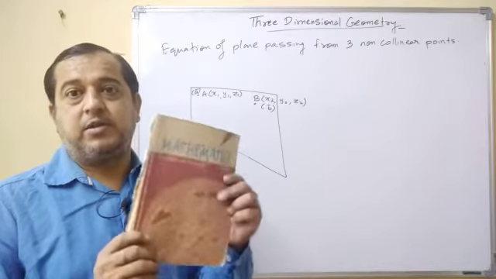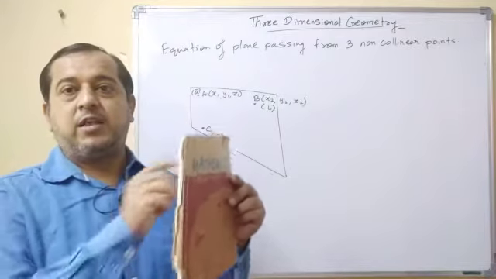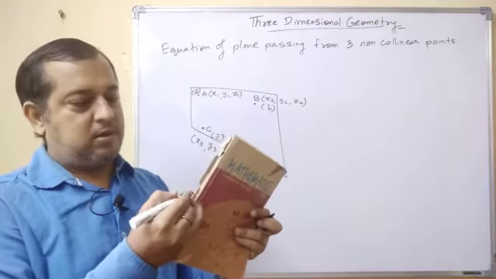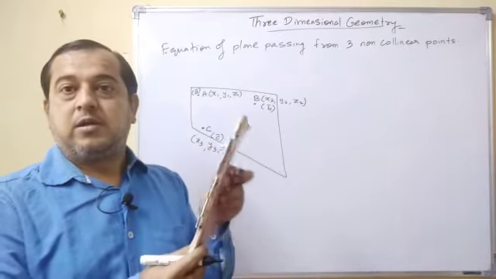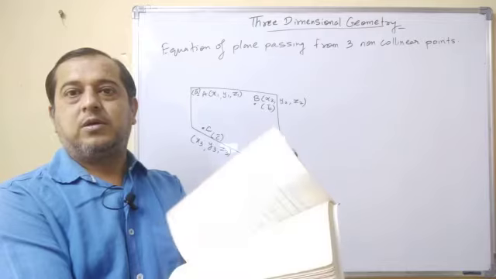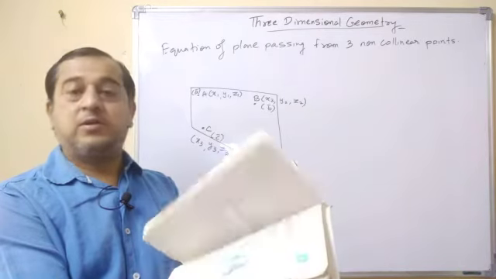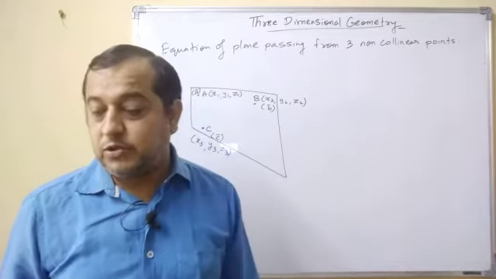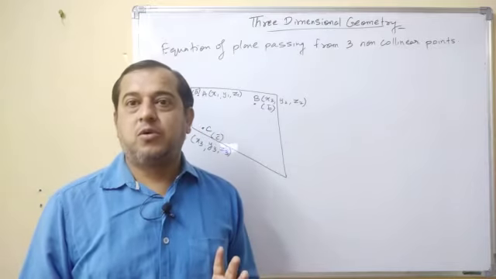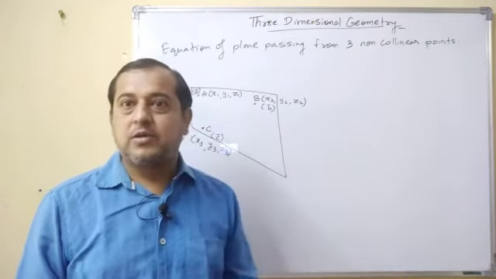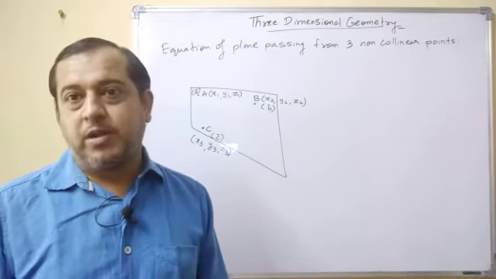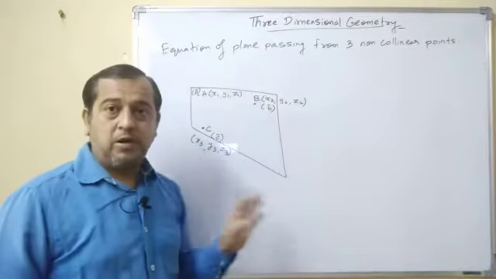The best example is this book. If you consider any 3 points here, one point, then a second point and a third point, then there will be 3 points. Now from these 3 points, see how many planes are passing. All these planes are passing through these 3 points. Take your book, put 3 points on the side, and then turn the pages. All these pages are nothing but planes. So through 3 collinear points, infinitely many planes will pass. So the points should be non-collinear.